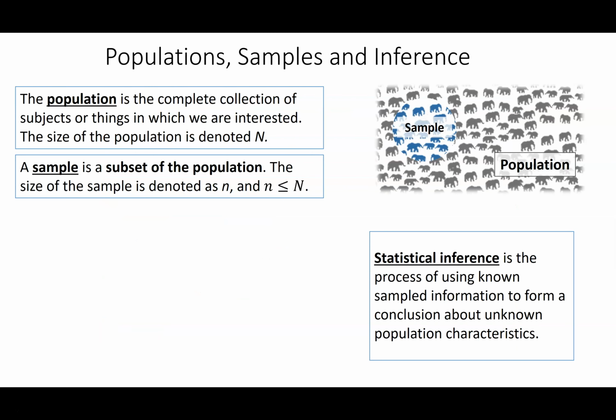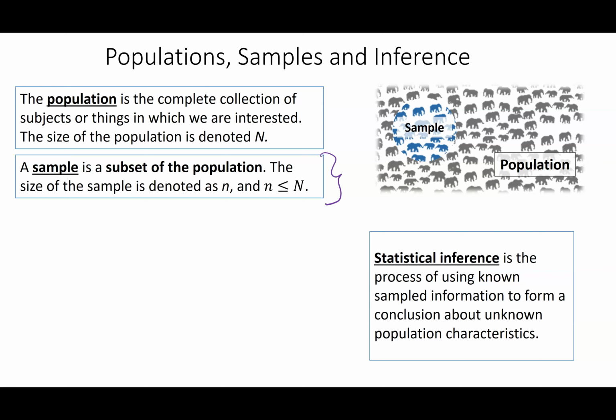So to start with, we need some jargon. The population is the complete set of everything in a group of interest. So maybe I might be interested in all Oregonians, or all U.S. adults that are, especially lately, registered to vote in the 2020 presidential election. A lot of times it's difficult to obtain information on the entire population, so we take what we call a